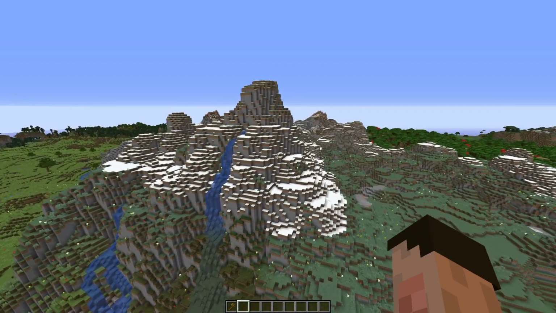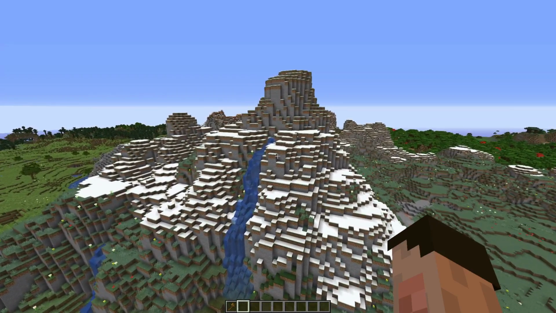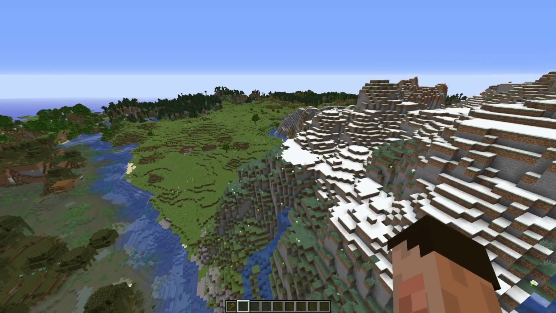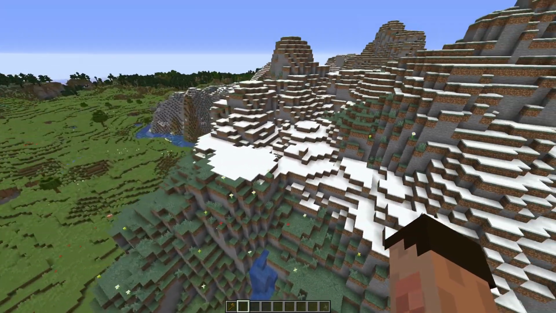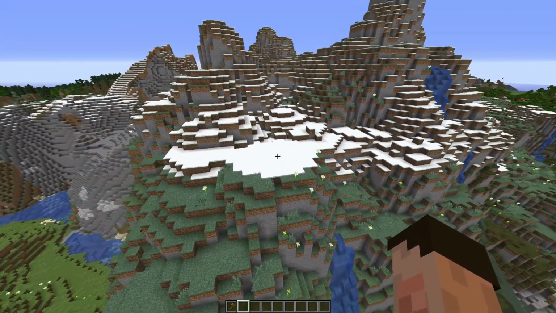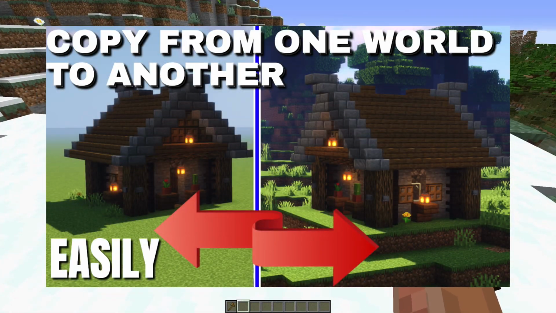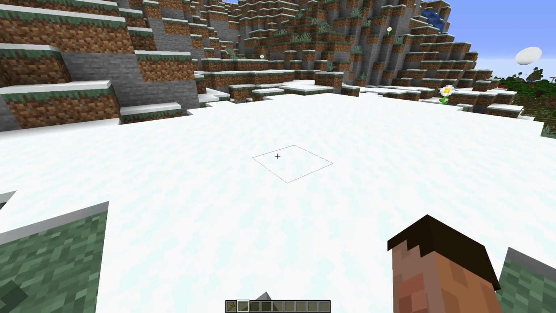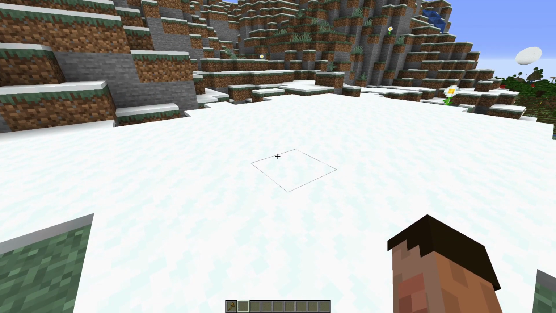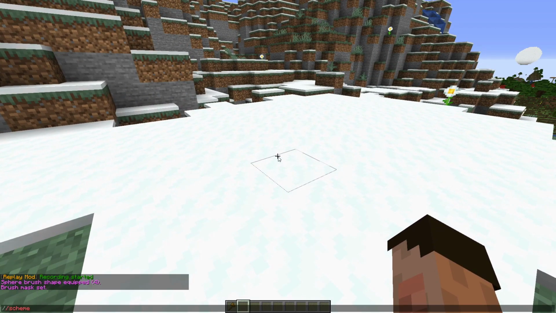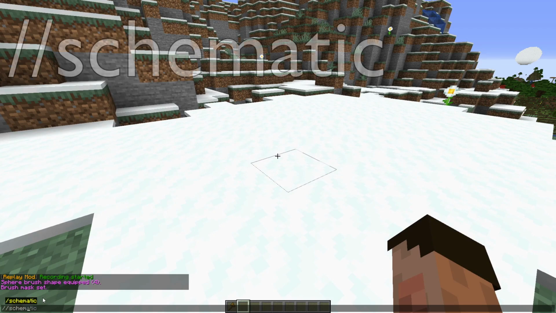Now I don't want to build the same custom tree over and over and over again, so I'm going to import some custom trees that I have done in a separate world, and I showed you how to do this in episode 3 of this particular series. So if you want to know how to get the custom trees into a schematic, then go back and see episode 3. But what I'm going to do, I'm going to load up these trees here by putting /schematic load,